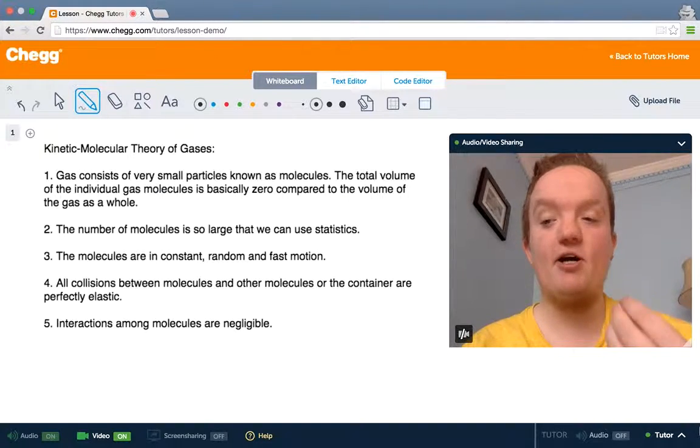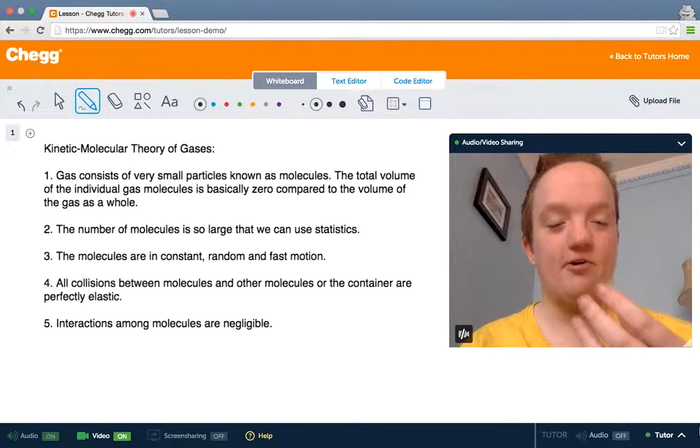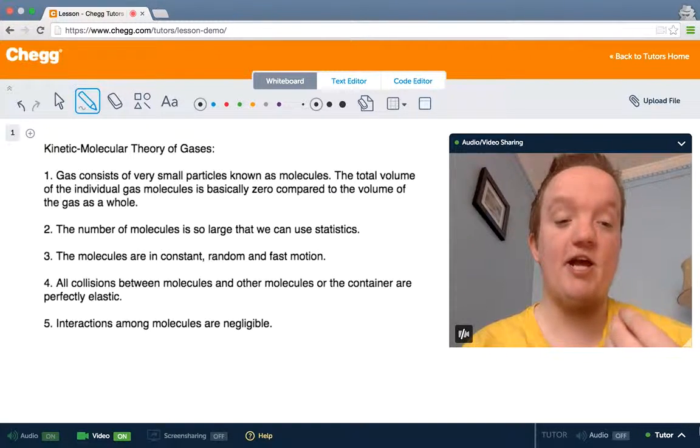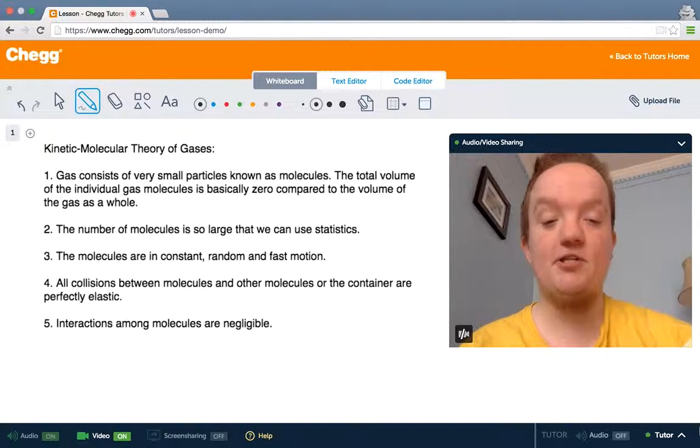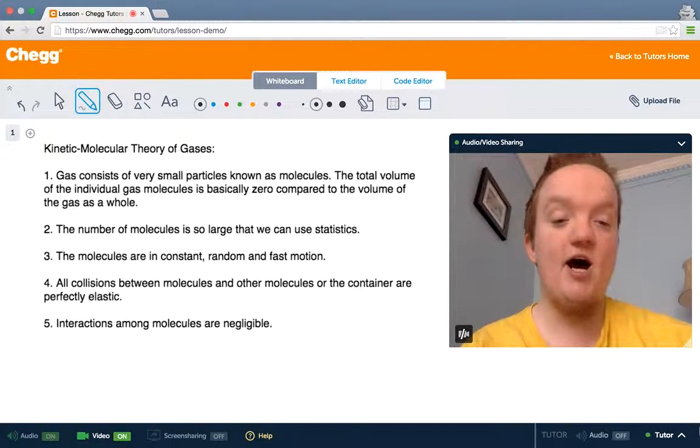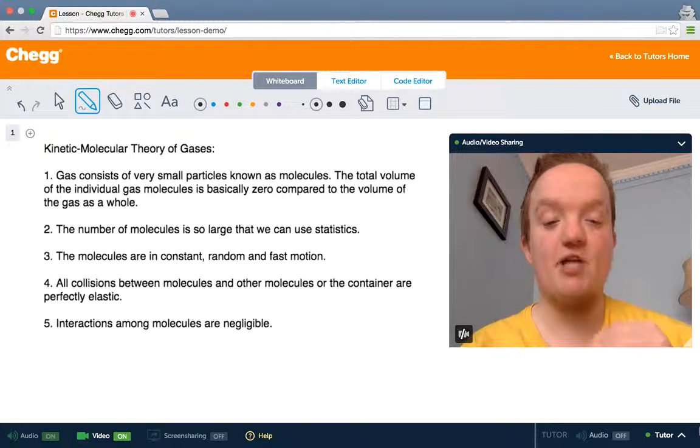So the kinetic molecular theory says that gases consist of very small particles known as molecules. That seems really surprising. We think everything's made out of molecules, everything's made out of atoms, but at the time, say 1738, when Bernoulli first introduced this idea of the kinetic molecular theory, this was not known. We didn't know the microscopic picture of what a gas was. We could measure its mass or its volume, sometimes we could see the color, but we didn't know what it